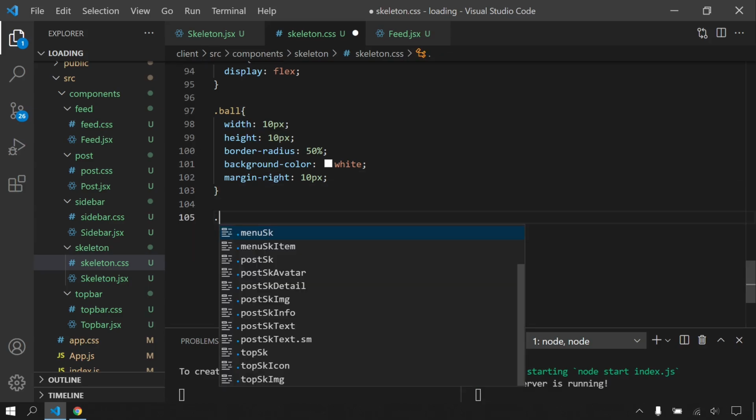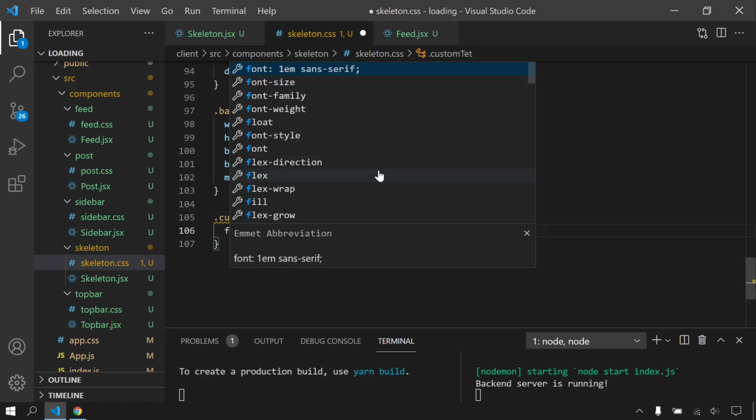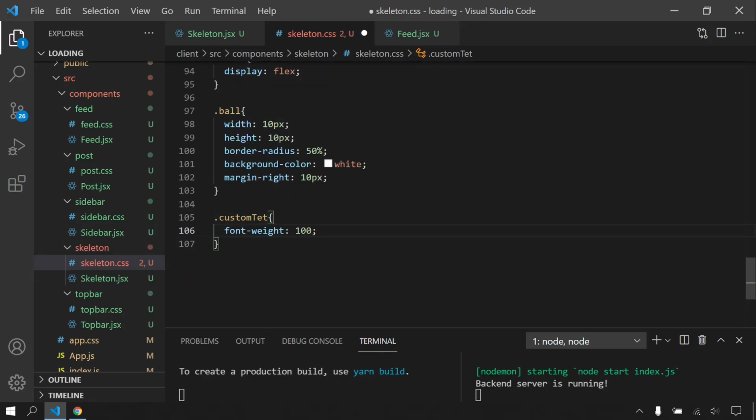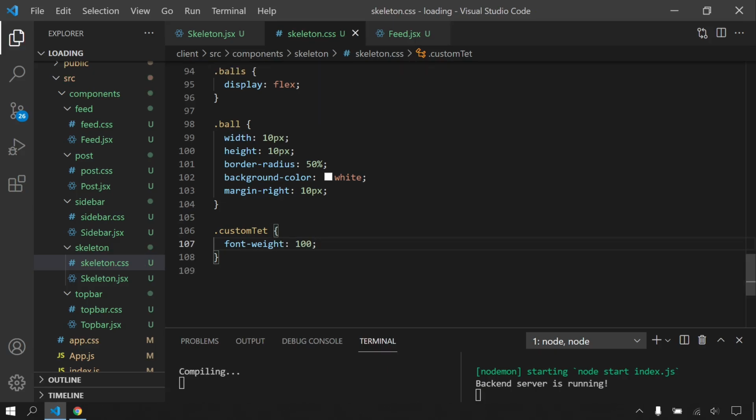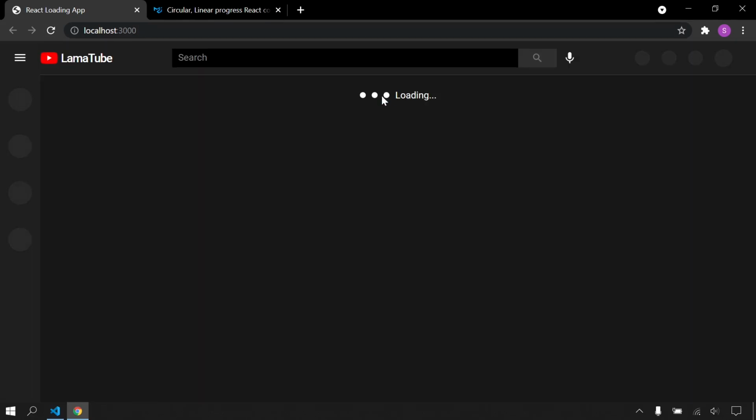And for the custom text, I'll say font weight 100. It's going to be really thin. Let's see before animation. I will refresh. As you can see, we are seeing them in the same row.